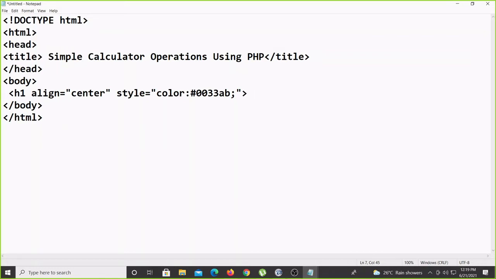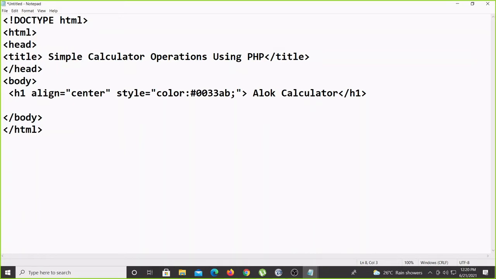Then the heading, my calculator. Otherwise I can write my name or my company name, Alok's calculator. Then close the H1.